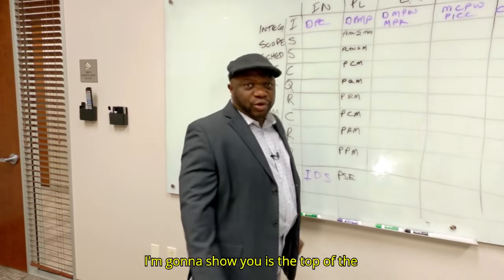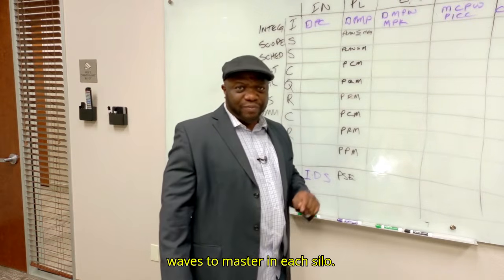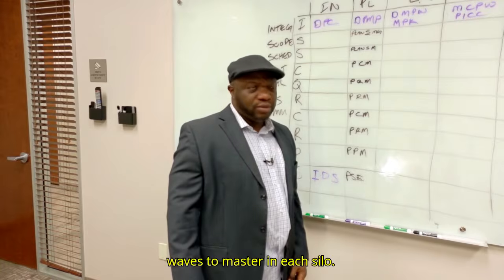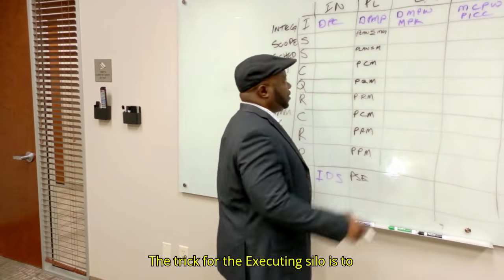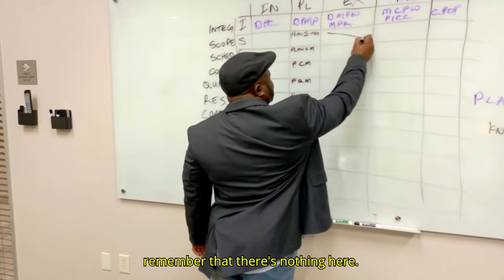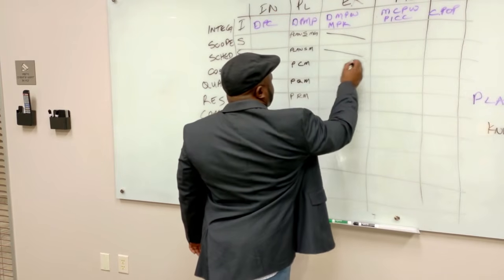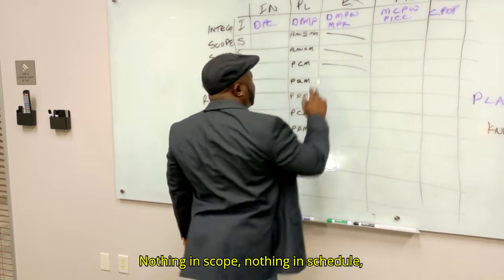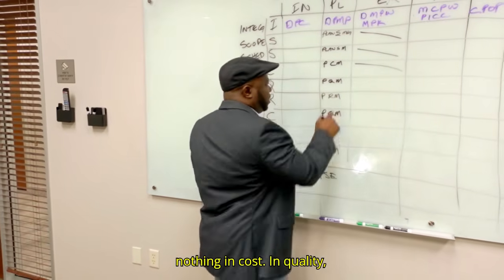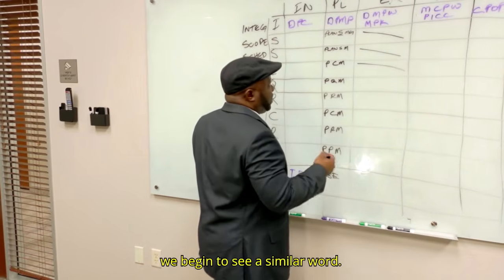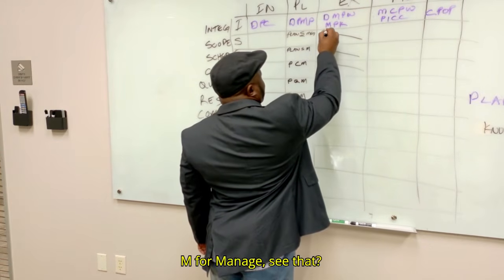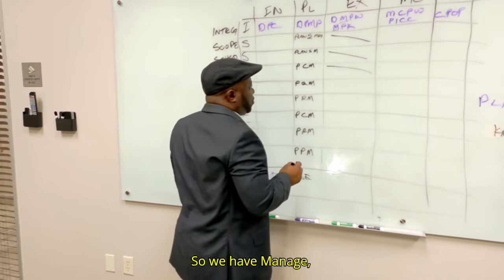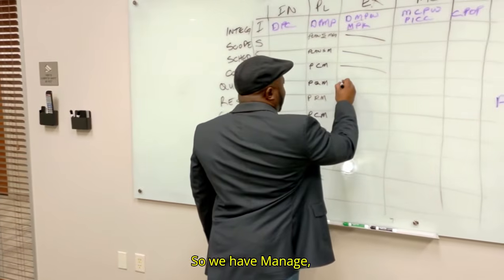Now, what I'm going to show you is the top of the waves to mastering each silo. Now we're going into the executing silo. The trick for the executing silo is to remember that there's nothing here. Nothing in scope, nothing in schedule, nothing in cost. In quality, we begin to see a similar word, M for manage. See that? So we have manage